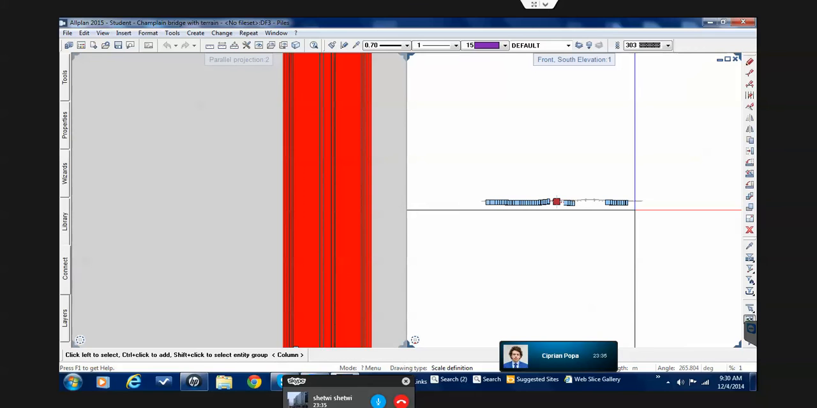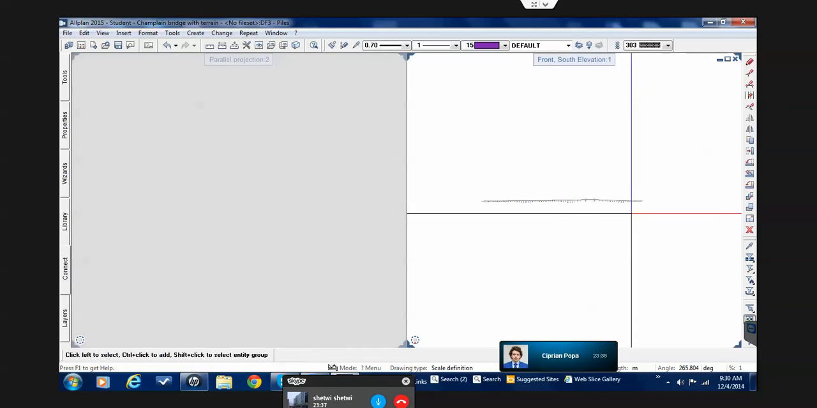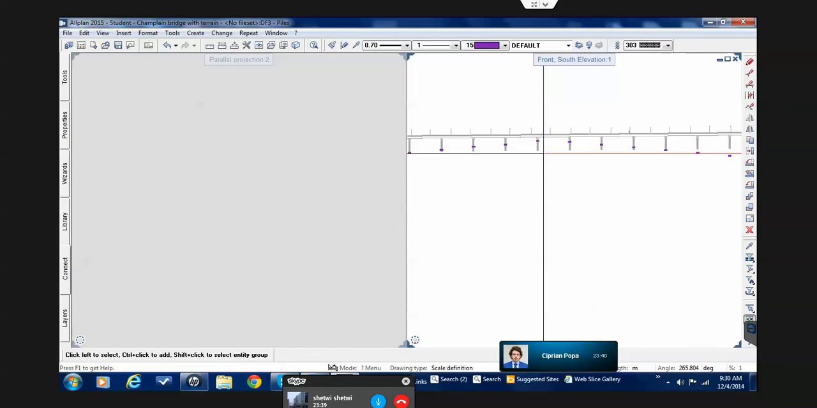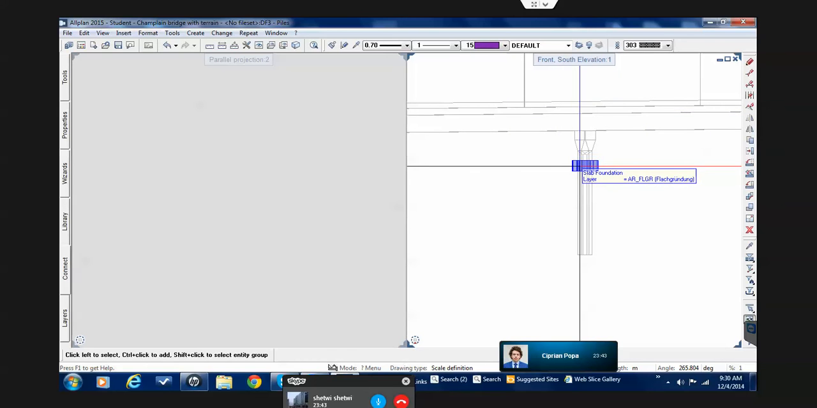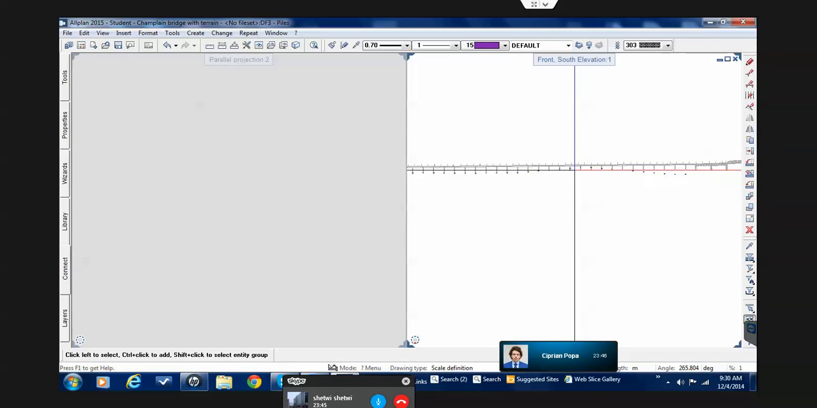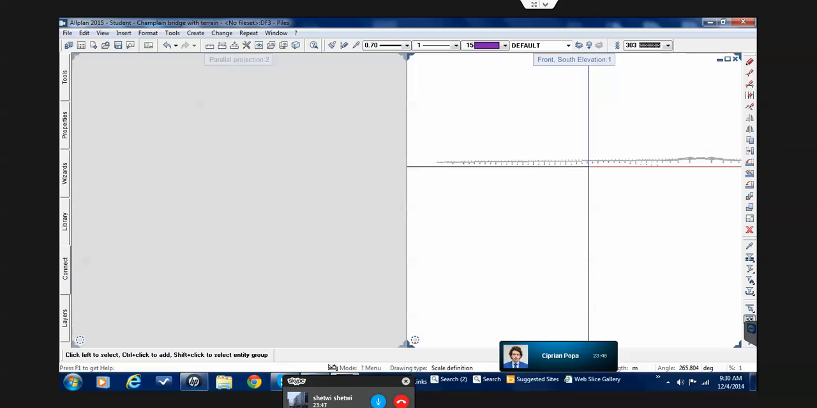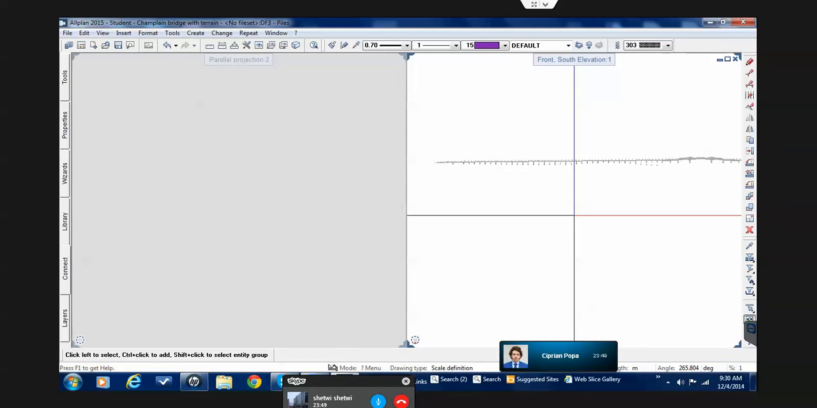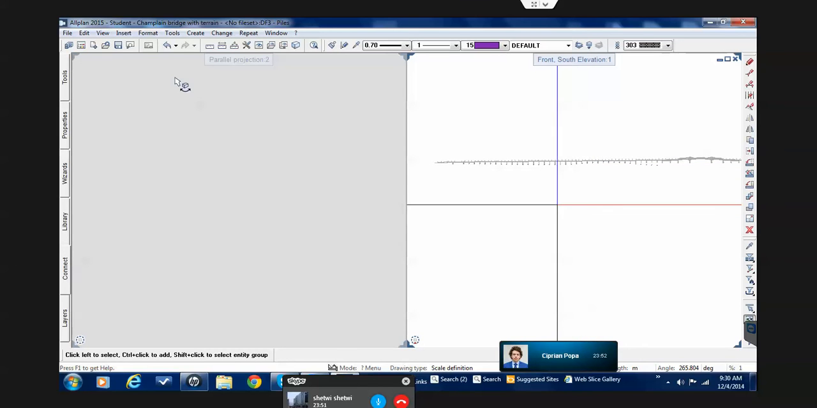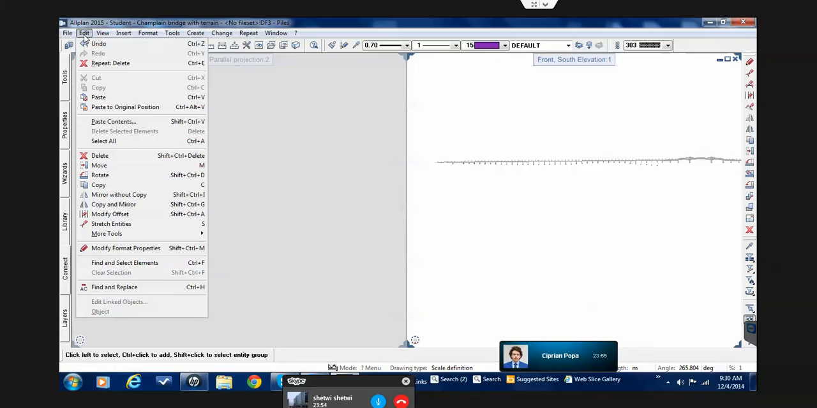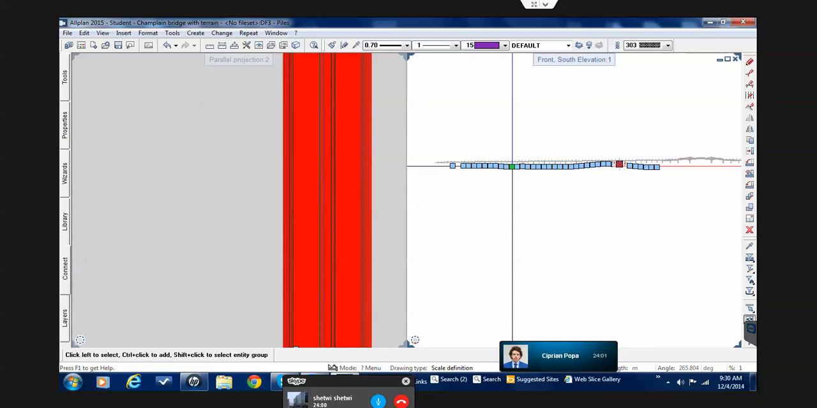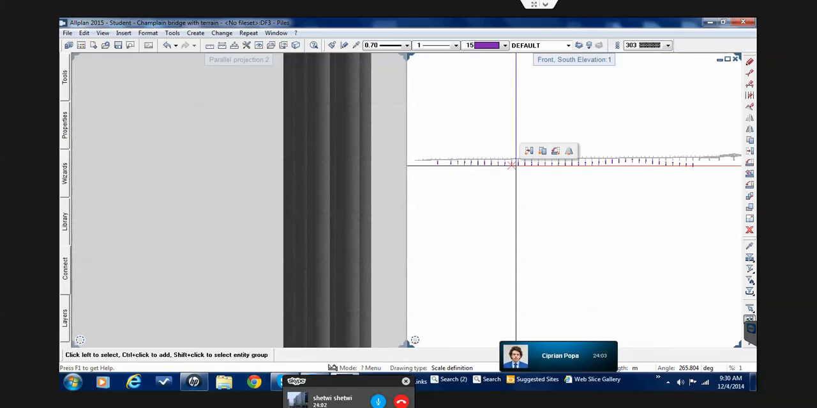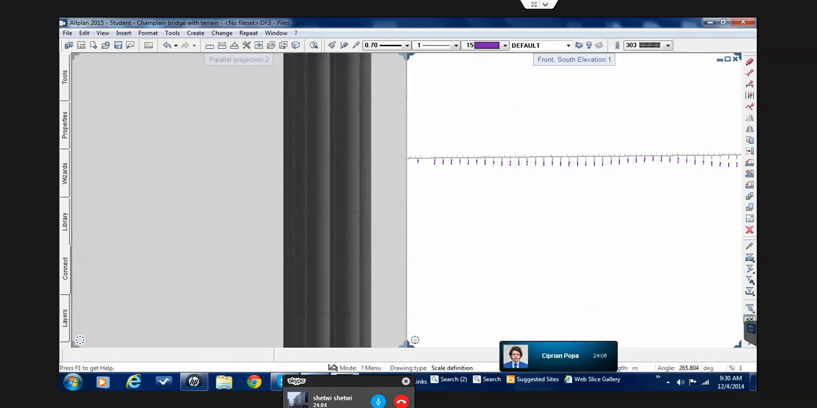I'll say Control X to cut the piles because they were made with a function. Here we have some problems. No problem. No, we didn't change them yet. So I hit Control X, which is a shortcut for cut, and then I'll say paste to original position. So what it will do, it will paste them in the active drawing, so the drawing that had the red